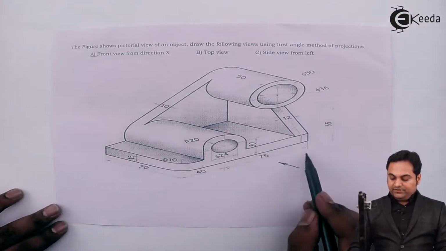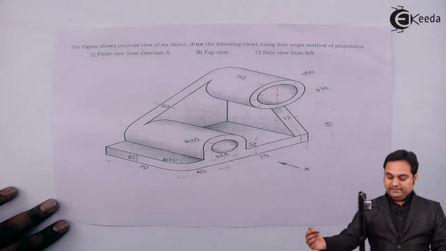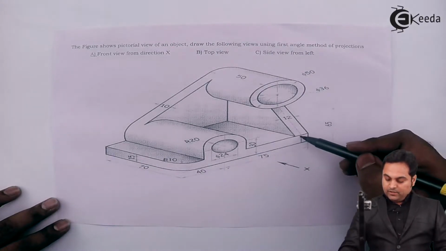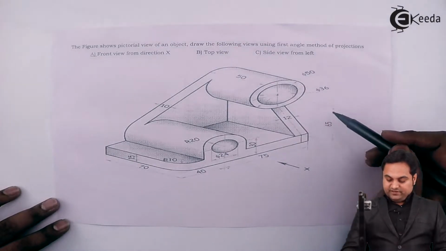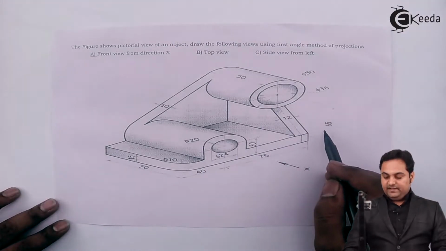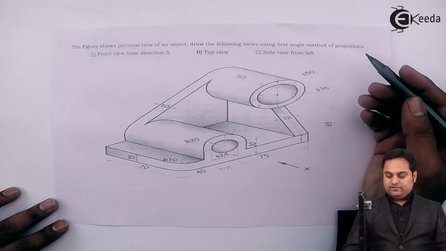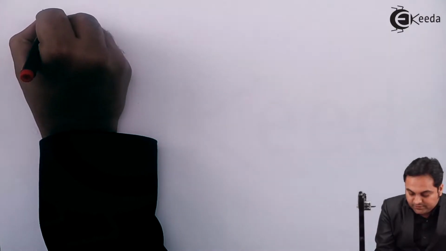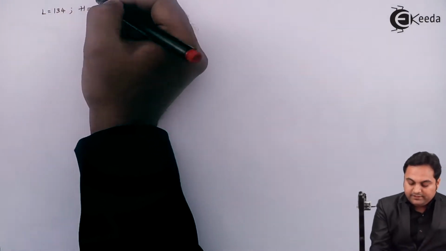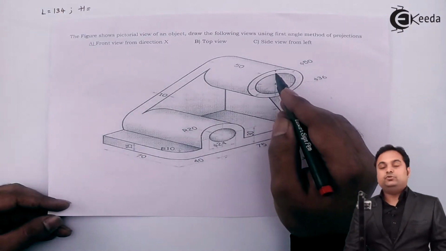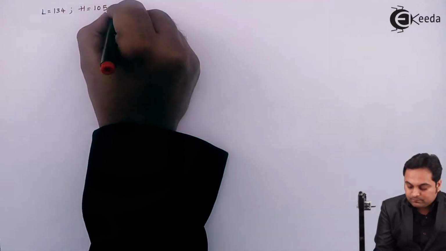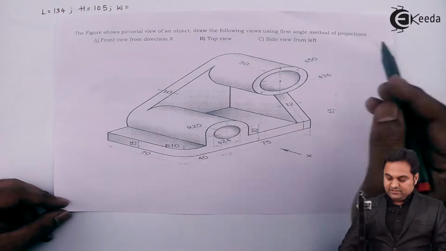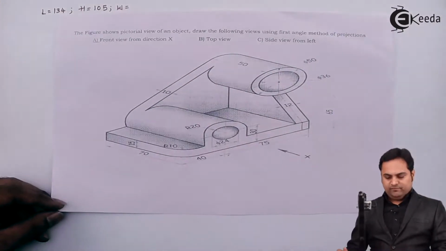So the total length will be 134 mm, and then the total height will be, here first we have a block of 15 mm height. After that, the distance from this block to the center of the circle is 65. So 15 plus 65, that is 80 mm, and then from here till the top there is the radius of the outer circle, which is 25. So 80 plus 25, that is 105. I'll go on writing that. Length is 134, height is 15 plus 65, that is 80 plus 25, 105, and width is, the total width as we can see here, that is 70, which is the maximum width. Otherwise we have 50 mm width here as well, but we want the maximum width or the total width,